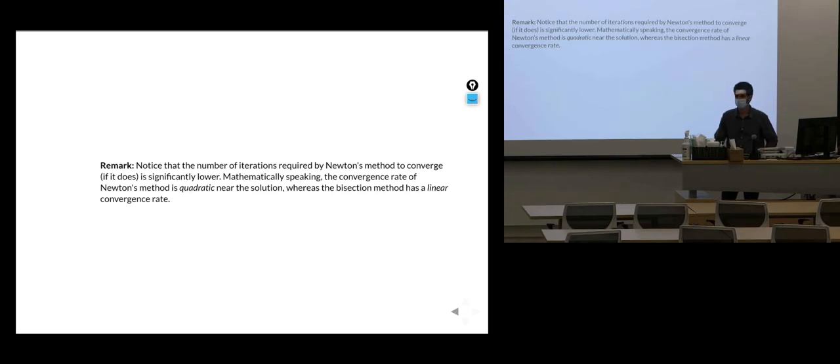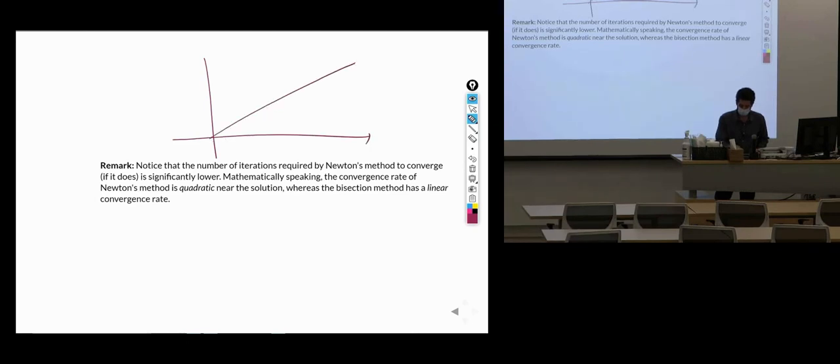So the rate of convergence, right, increases linearly with the number of iterations. Newton has a quadratic relationship. That means you could think about that your number of iterations should be square root of whatever is bisection. So as you scale it, the difference between linear and quadratic is huge if you increase